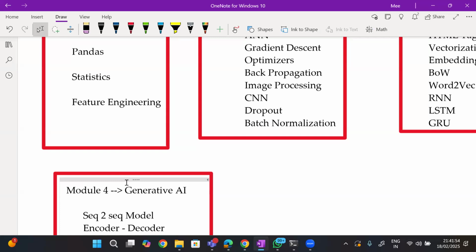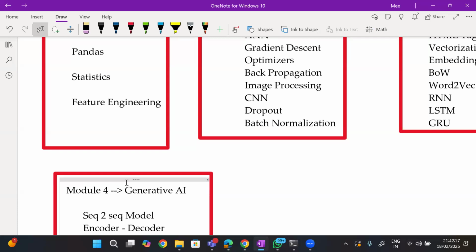We will start with the basics of Python, and I will give you some understanding about Python, and then we will jump into NumPy, we will jump into Pandas, and I will make sure that you are really comfortable with NumPy and Pandas. Once you are comfortable with those things, as we move forward, you can easily do the coding and understand the stuff.